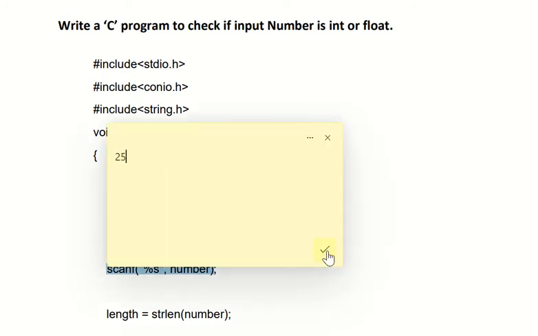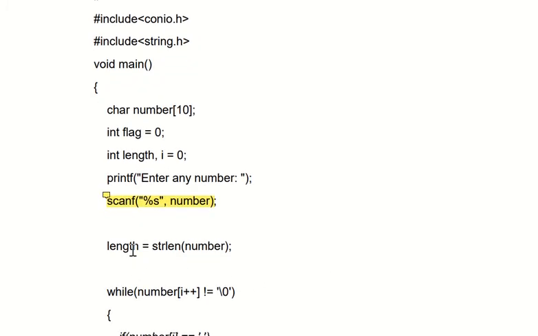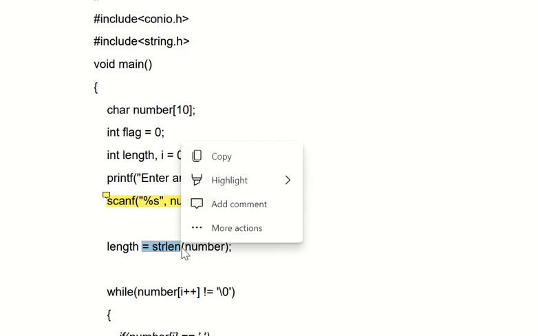First of all we will find out the length of this number. In C programming we have one function, that is strlen, which finds the string length of any variable.